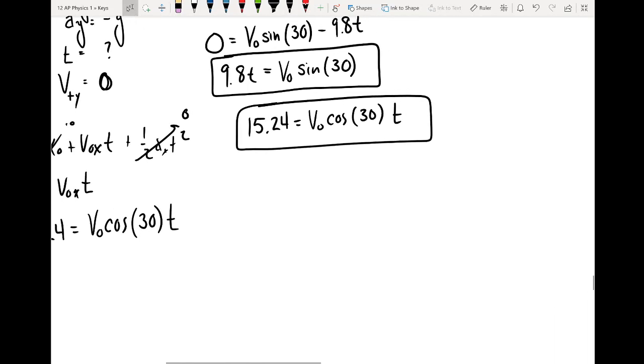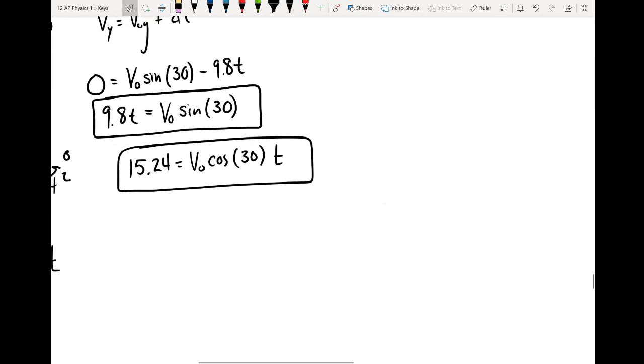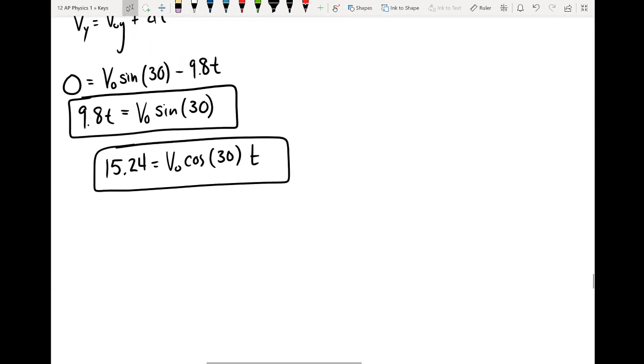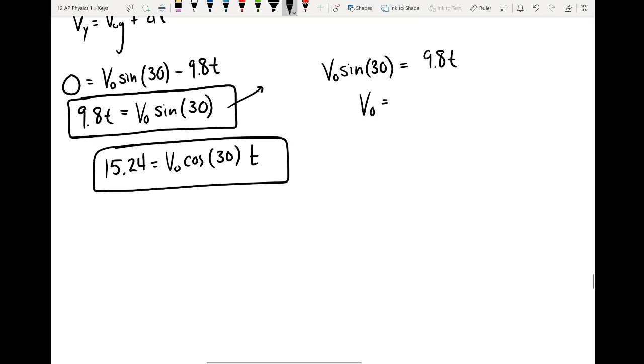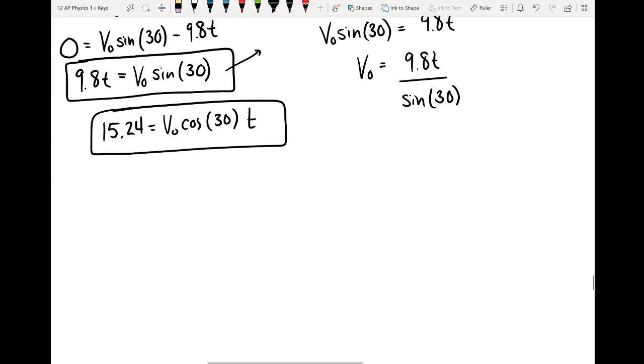So really I can go about this however I want. I need both v0 and t, so it doesn't matter what order I go in. I think what I'm going to do is solve for v0 first, because initial velocities first. So I'll set this up and I'll manipulate this equation first. If you want to go 2 times speed through this part, go for it. It's not super enriching. All right, so now I have an equation for v0 and plug that in. 15.24 is equal to 9.8 t